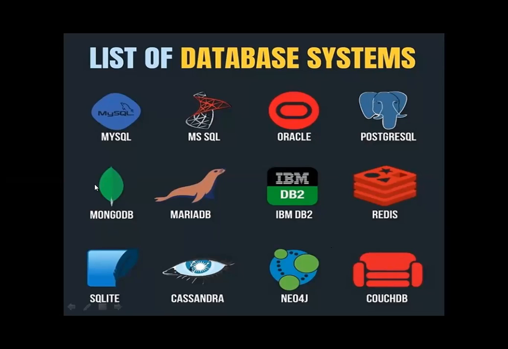Databases are also of two types, SQL and NoSQL. In NoSQL, databases like MongoDB, then MariaDB, IBM DB2, and Redis, and all these databases come under NoSQL. The information in NoSQL is not interconnected. Like you make wikipedia.com, and you have to add enormous information, a lot of information on your web page. So what a person will do, he will make use of MongoDB. Over here, the information is not interlinked to each other.